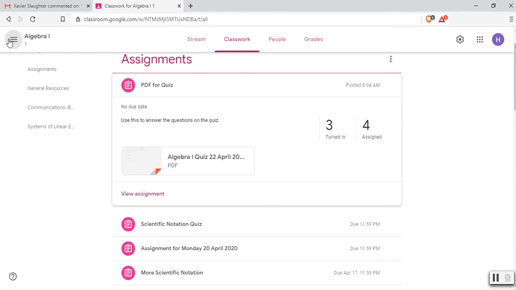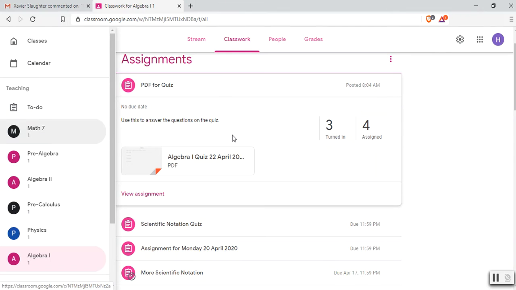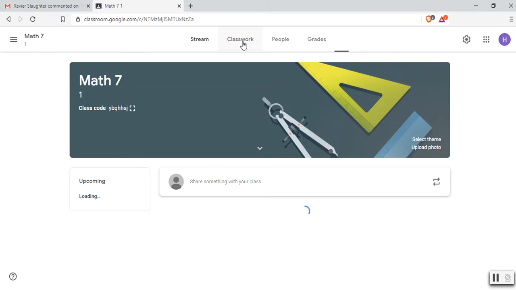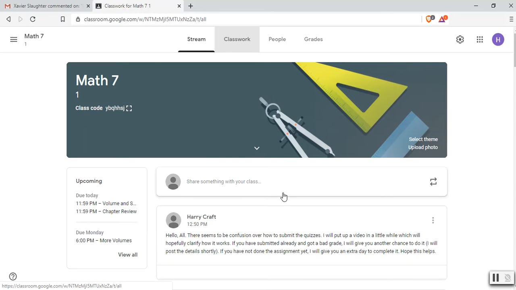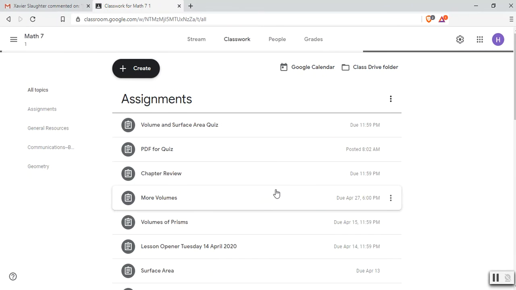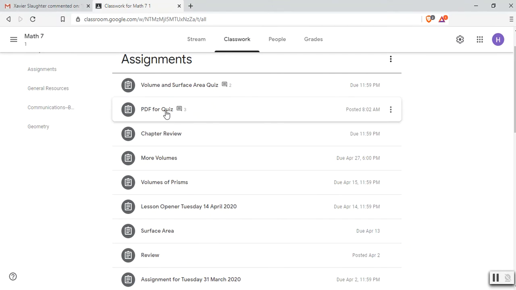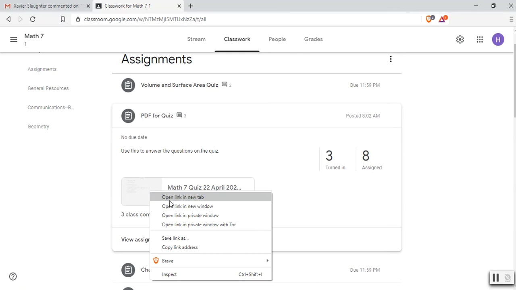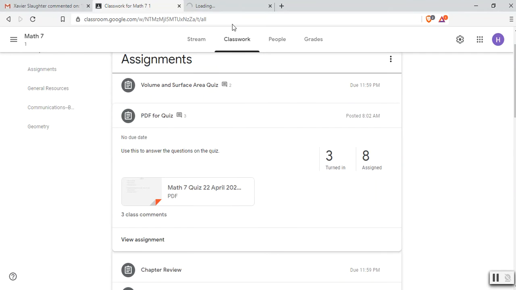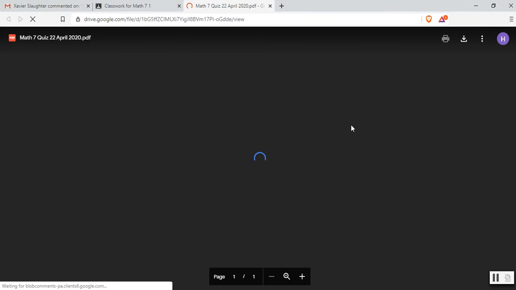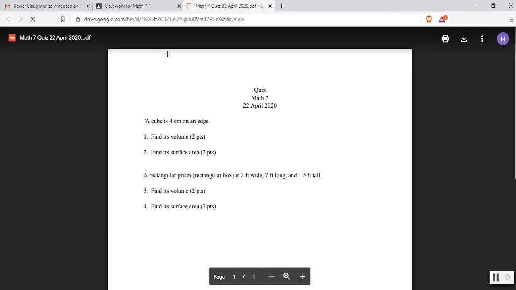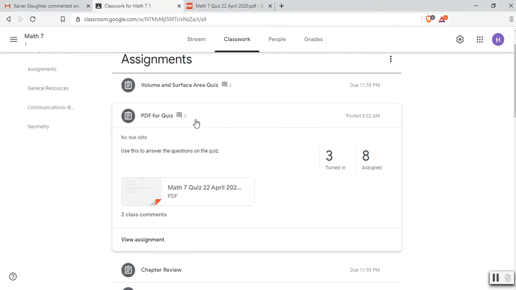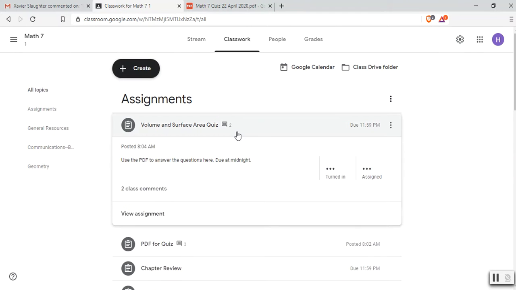Let's go ahead while we're at it. Check Math 7. I know I got several emails from you guys. Classwork. So once again, PDF quiz. I can right click it and open the new tab. That's one way to do that. So if you go over here, there it is, easy to read. So you would go to the actual quiz